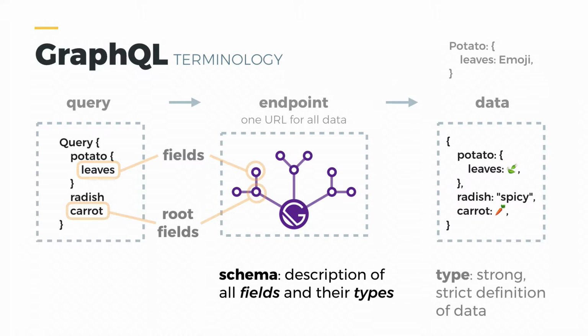And then lastly, a schema. The schema is the description of all the fields and their types and how they're nested together, right? That's what a schema is. Obviously, it's important to understand what schema means since we're talking about schema stitching. So,